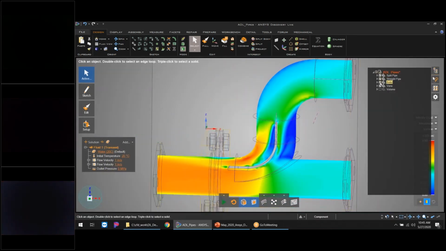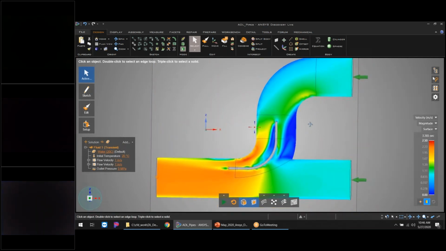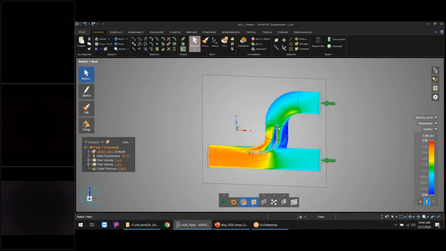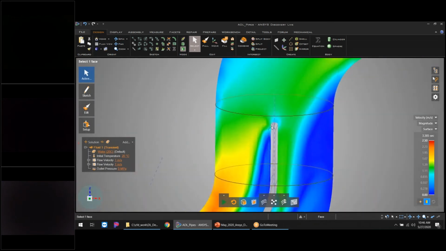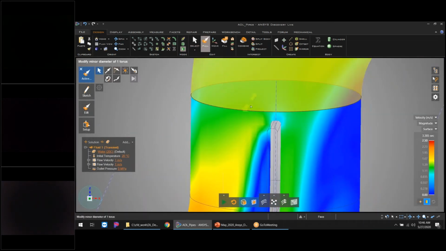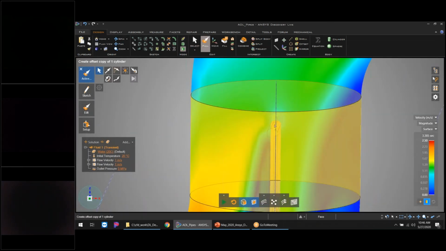I'm just going to hide some of these structural parts for a second. I'm just going to look at my fluid volume. So right now, I'm just looking at that fluid volume. I'm going to zoom in here. And let's say, for example, I wanted to remove some of the wake zone here. I just want to play around with this vein. So I'm just going to zoom in.